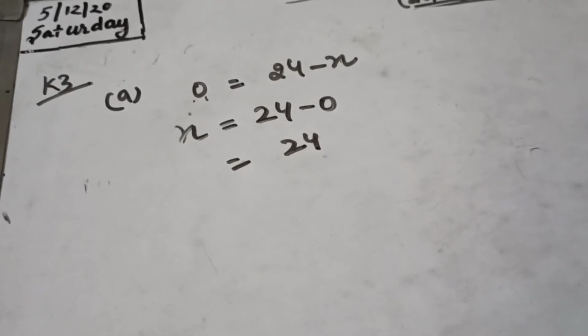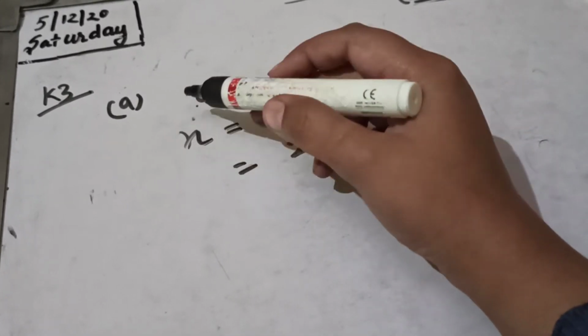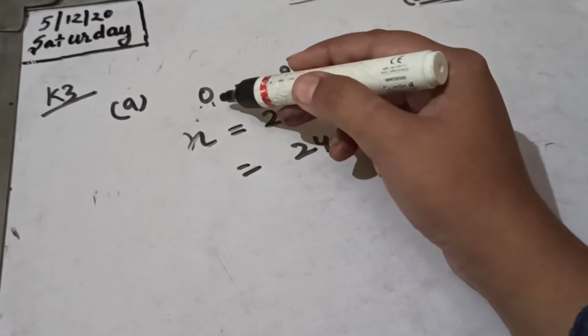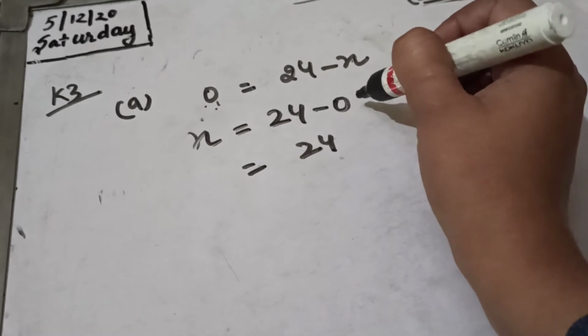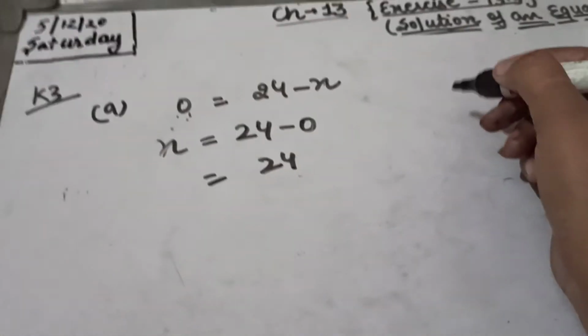Right? देखो, this side x is of minus. When it comes this side it goes plus. 0 यहाँ पे प्लस था, जब आप साइड चेंज करोगे it comes as minus. Now B part.